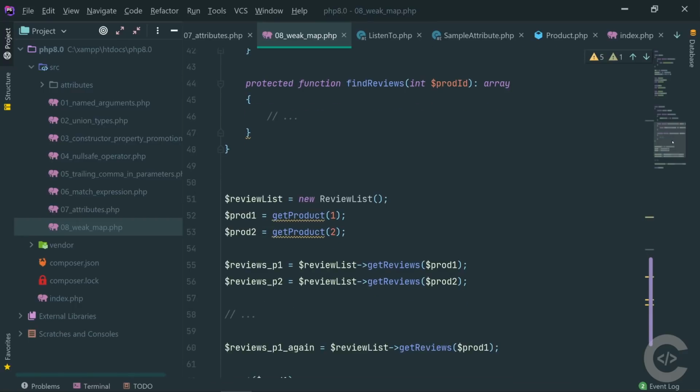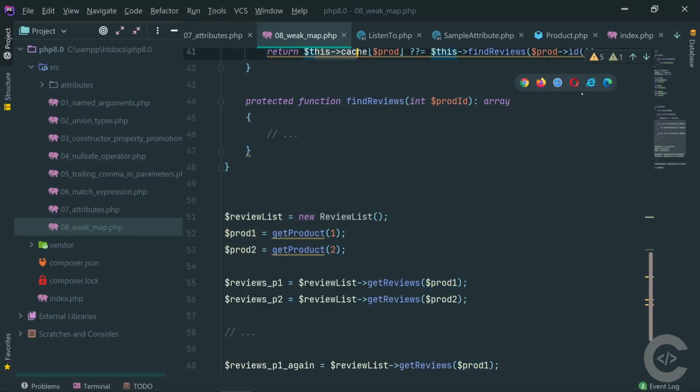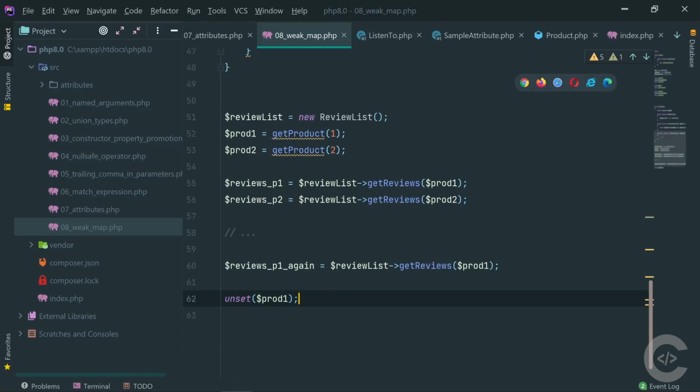So down below, if I grab the reviews again for p1 and pass product 1, it will use the same reviews from the product cache, from the WeakMap cache, which is right here. Down below, if I call unset on product 1 — in real applications you don't call unset on a product, but there will be cases when there is no reference applied to that product 1. It was created in a function scope and lost or something like this, and the product will be